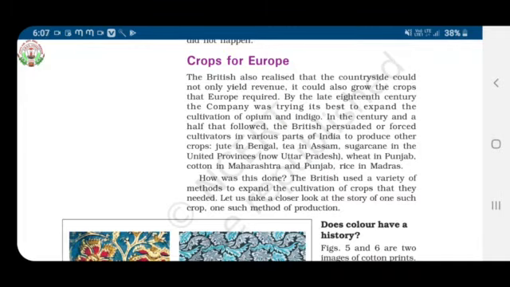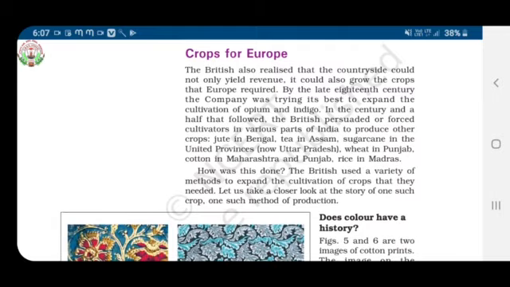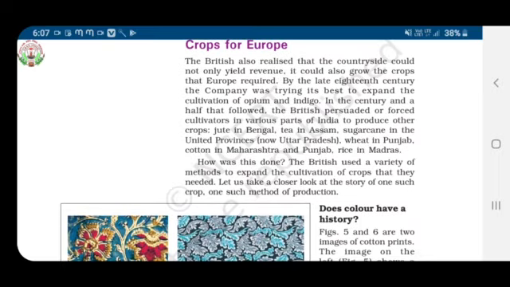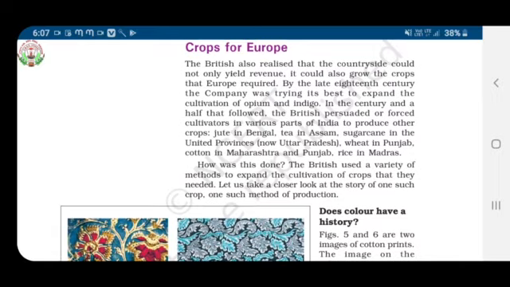Today we are going to see the remaining chapter of the history, third chapter. The first topic today is crops for Europe. Children, in the previous class we have already seen how the Britishers used to get the revenue from the countryside. So here the British also realized that the countryside could not only yield revenue, it could also grow the crops that Europe required. By the late 18th century, the company was trying its best to expand the cultivation of